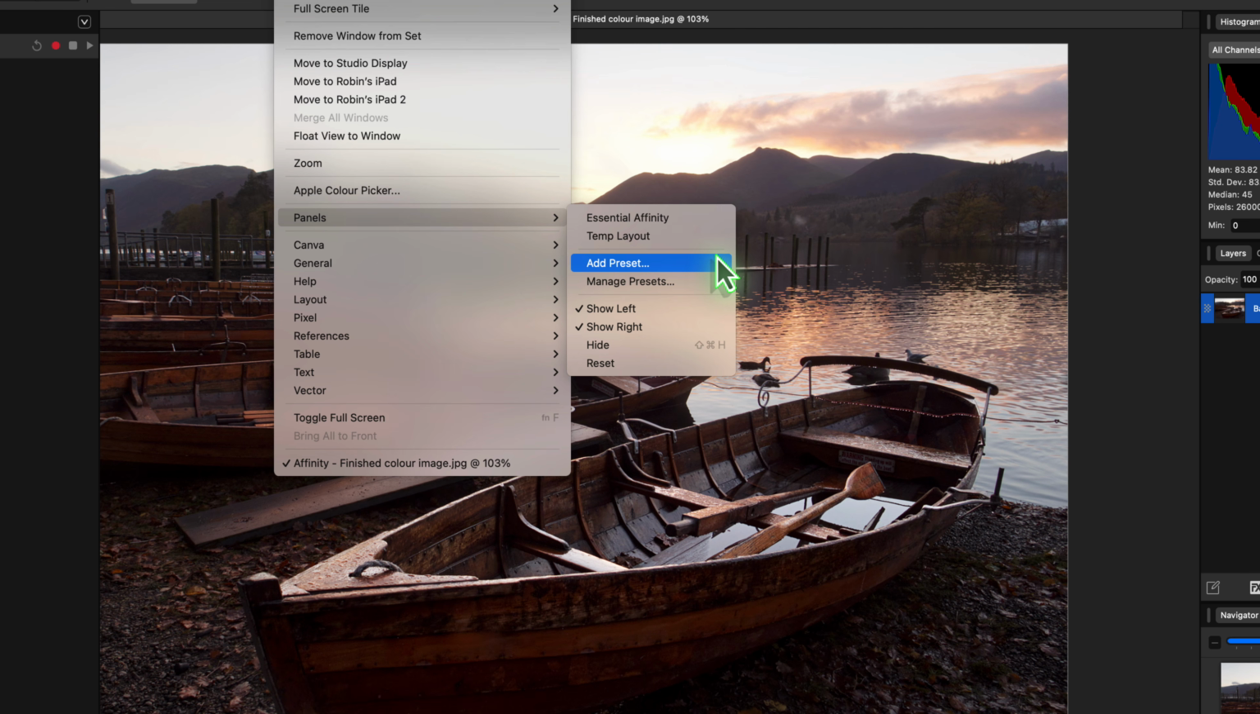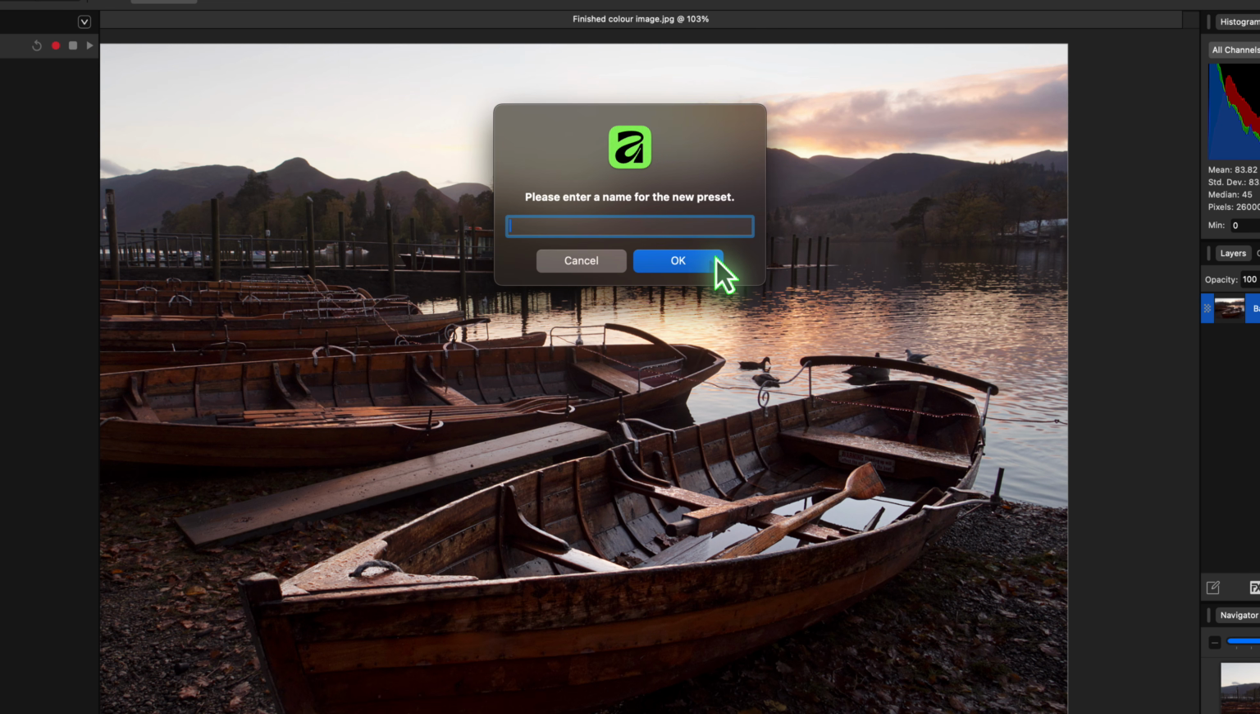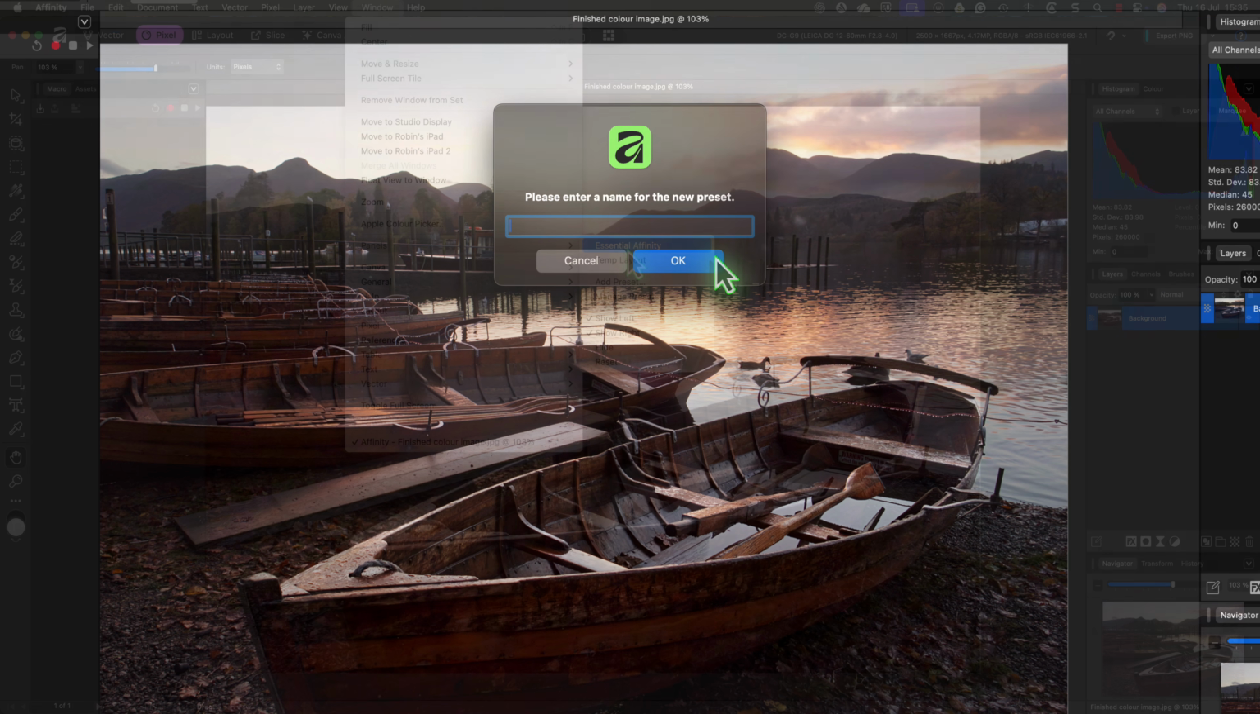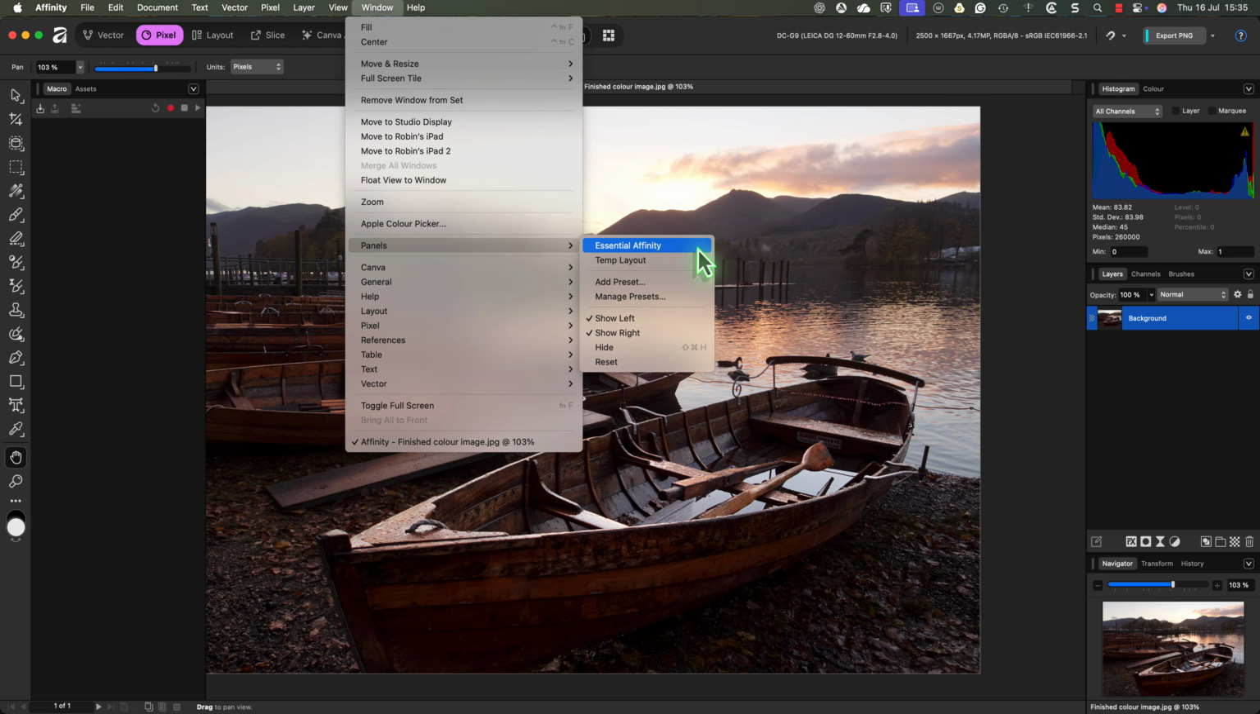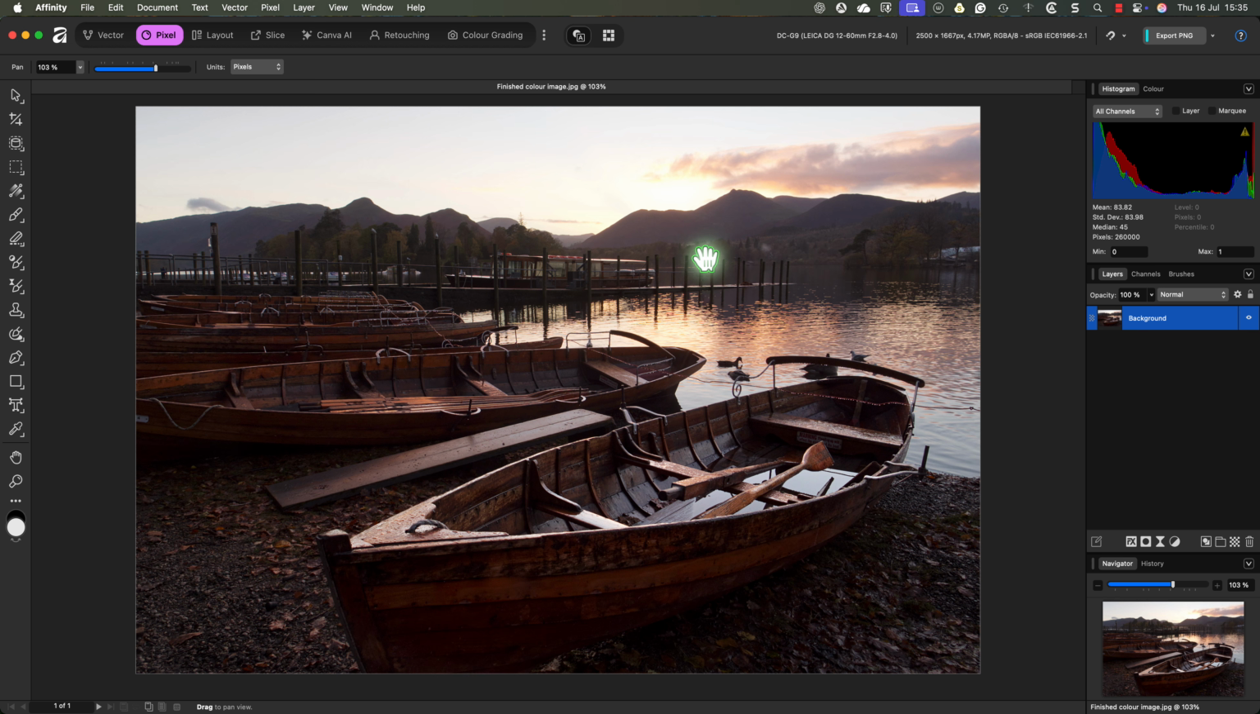To do that, just click the option to add a preset. The new preset then saves the interface panel layout. Just be sure to name it something that you'll recognize in the future. You can see in my menu that I've already saved the layout from my Essential Affinity book. If I select that, it changes the Pixel Studio layout so that only the essential panels for the photo editing